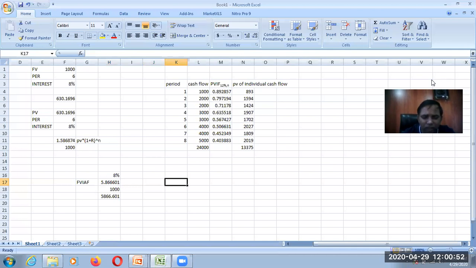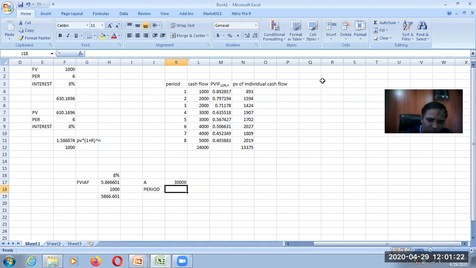See, this is my annuity. I am investing 30,000 rupees every year. So it becomes an annuity because in 2020 I am investing 30,000. In 21 I will be investing 30,000. And in the same way, in 2050 also I will be investing 30,000 rupees. So the amount of investment remains the same. It is not fluctuating. That is why it becomes an annuity.